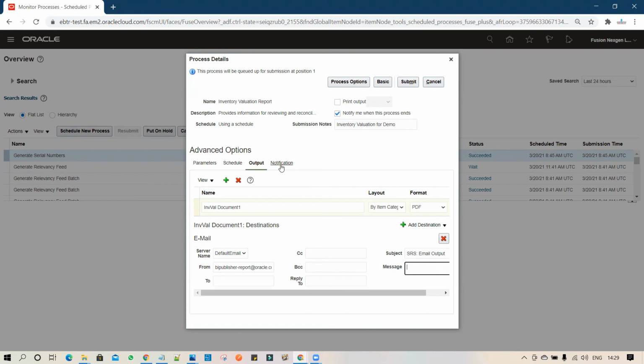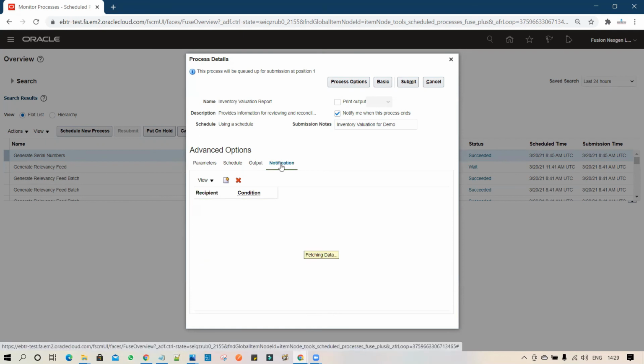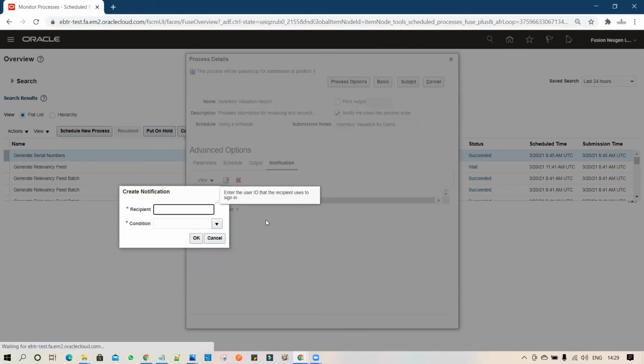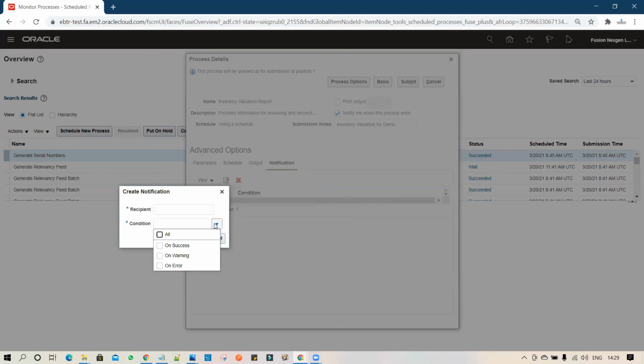After adding all those email IDs, there is even more options available called Notifications. If you click on Add, the system will prompt you for a recipient and the condition. Recipient means user, and the condition is the situation in which that recipient wants to be notified. If you click on the drop down and enable All, then if the program completes in success, it will notify.